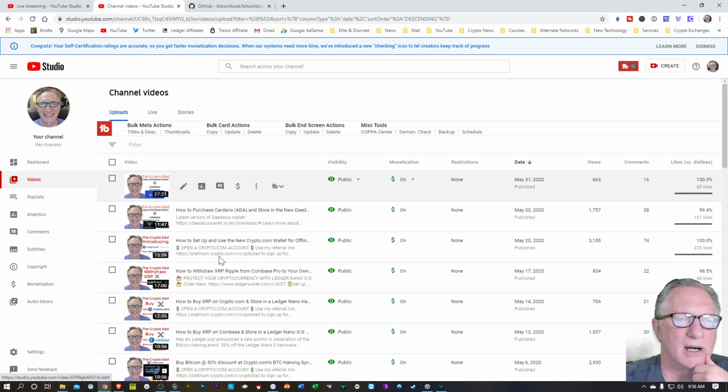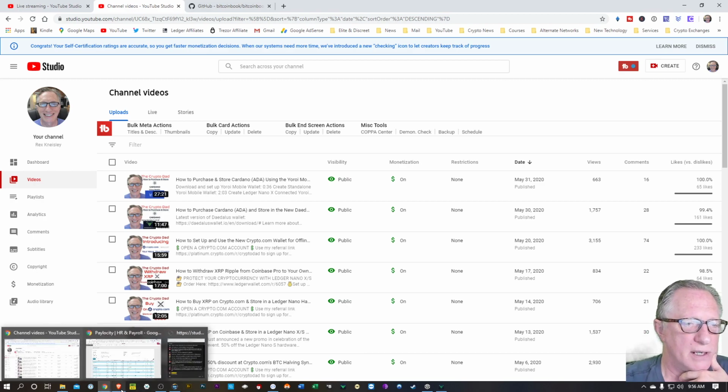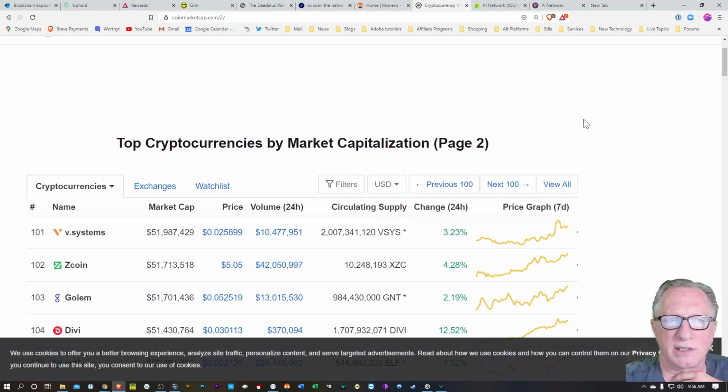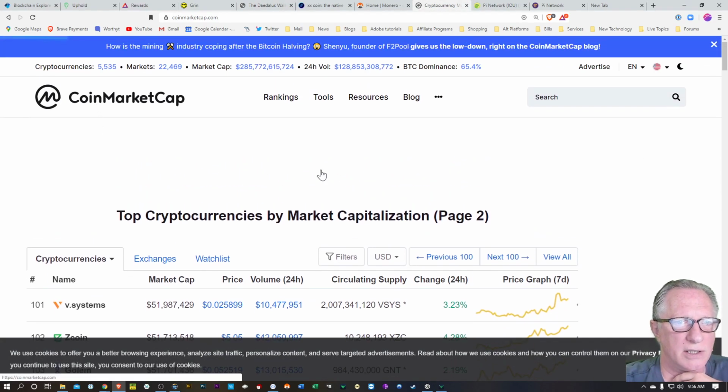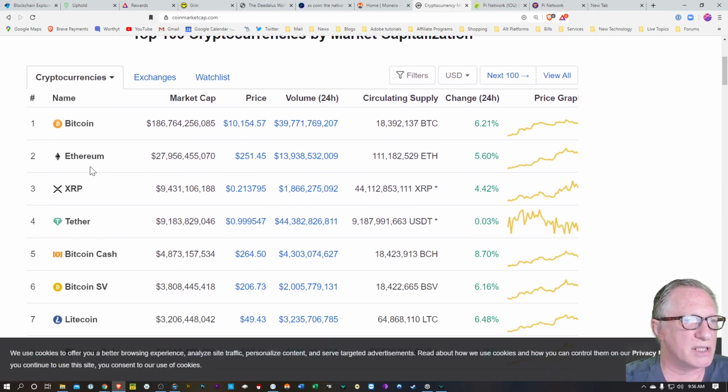Cardano is a cryptocurrency similar to Ethereum. Let's go back to our top tier coins, right? Bitcoin is number one. It's a currency. Ethereum is number two. It's more of a virtual machine. It has the ability to create a smart contract on its network, right?